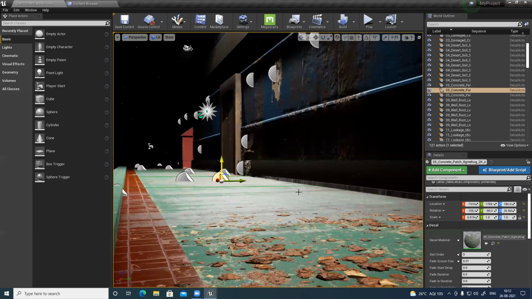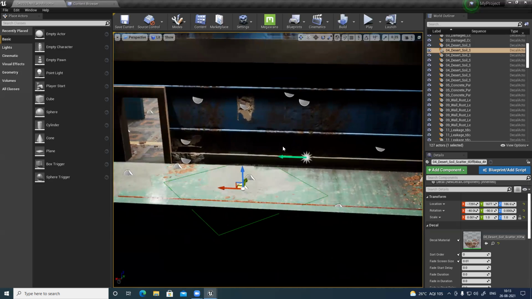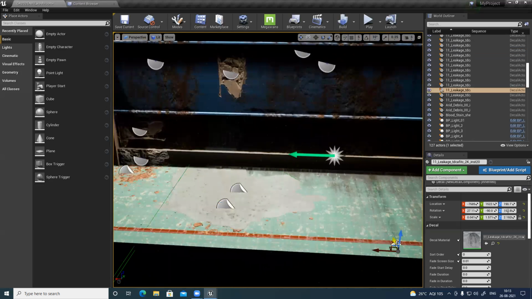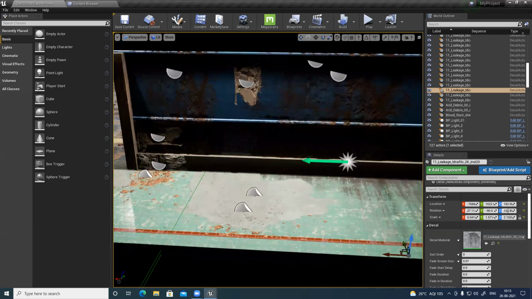Let's see, not this one. You can see there's something bleeding into this thing. I can definitely modify it. Control it nicely.